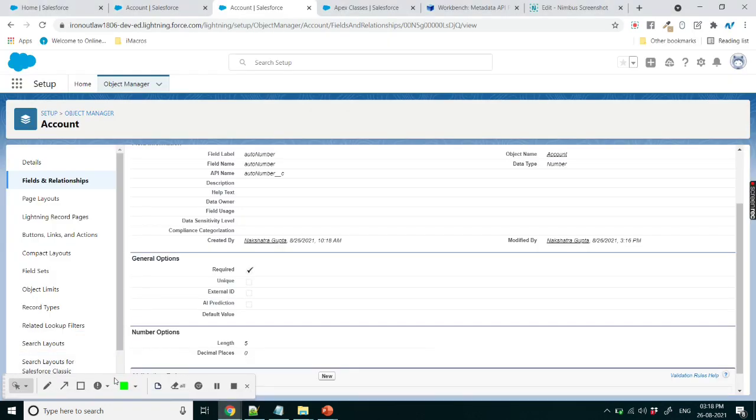So that's all for this particular session. I only wanted to brief you regarding what an API is. You understood what an API is, what a metadata API is, how an API works, what the requirement of a particular API is in the present scenario, and how we implement a type of API known as the metadata API to deploy and retrieve components in our Salesforce Developer Edition.